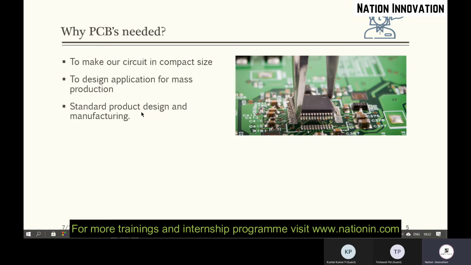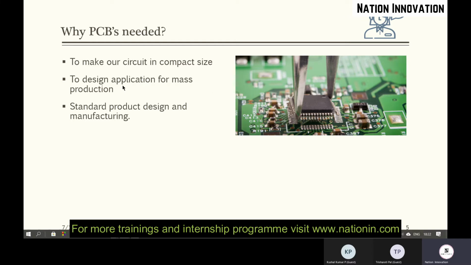It is not so in the case of breadboards. If you want to build hundreds of timer circuits through breadboards, you need to take 100 breadboards and 100 sets of components. So you need to do it 100 times.